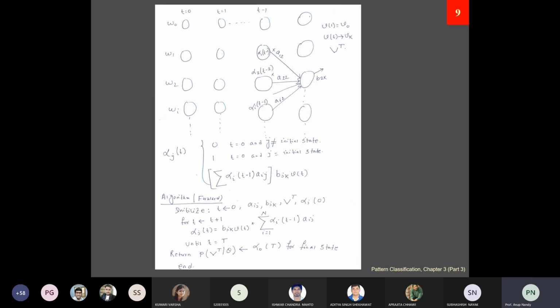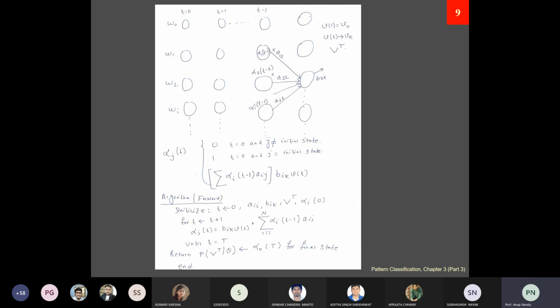Okay, it means that whenever a model reaches a particular state, it will emit some symbol. So what is the probability that when a model is in a particular state, it will emit a particular symbol? So now this emission probability is b2k. I can write this because whenever a model is in state number 2, so b2 means W2 is in this state, and it will generate an emitting symbol that is vk. Now its probability will be b2k. So that's why it is written b2k.